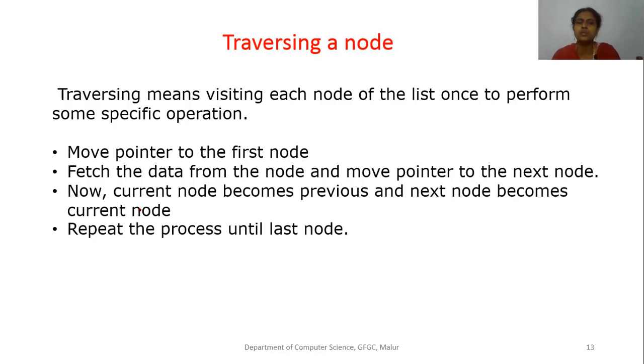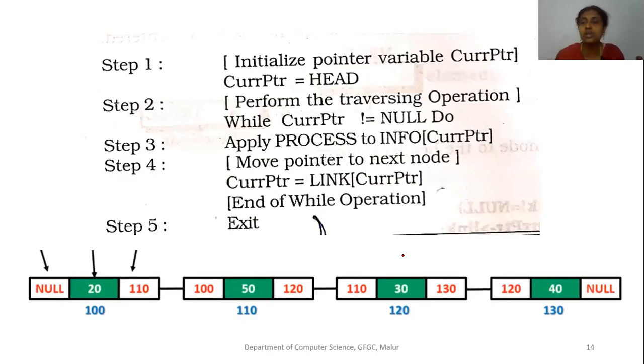So like this, repeat the process until you reach the last node. The algorithm is the same algorithm we have studied for single linked list. No difference, I have only placed the same algorithm here. First set your head position to the current pointer and check whether your current pointer is null. Take this example only. Here one head position would have been there and the address should be 100. First I will assign 100 to the current pointer, then I will check 100 is not equal to null. Tell me, at node 100, whether the next part is null.